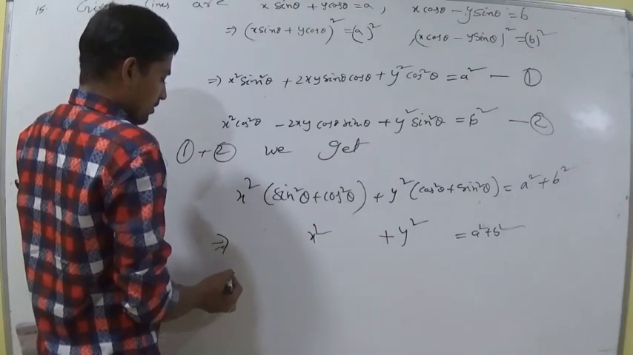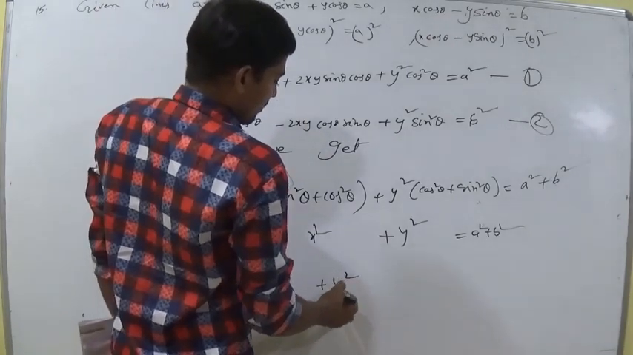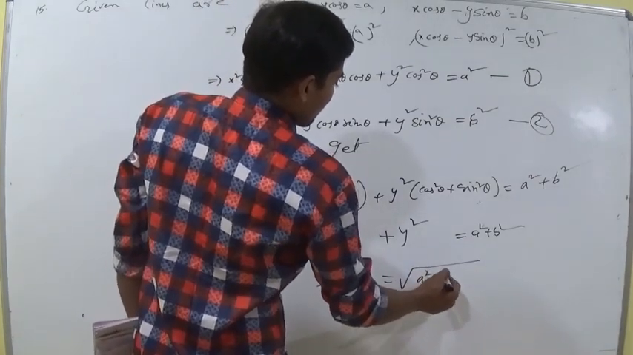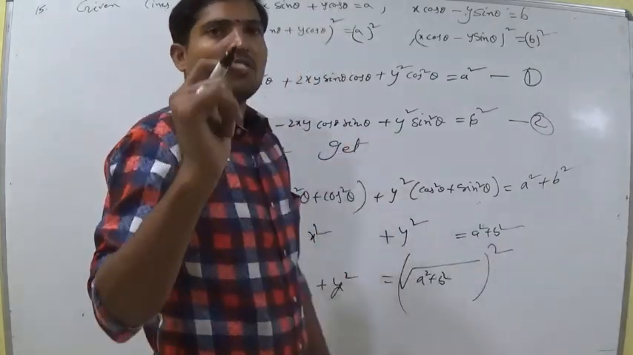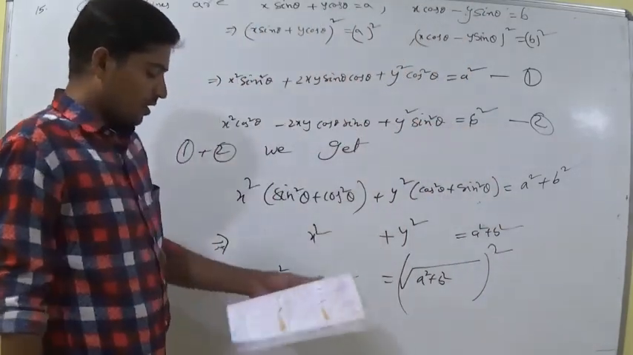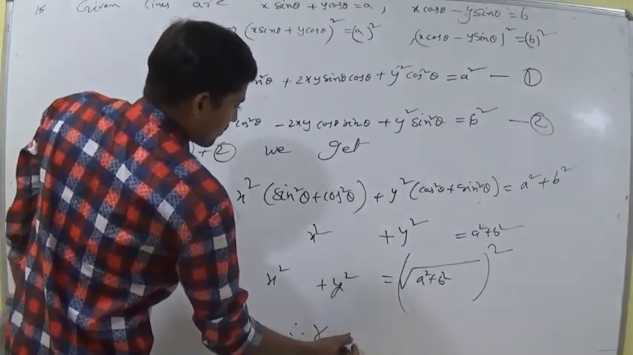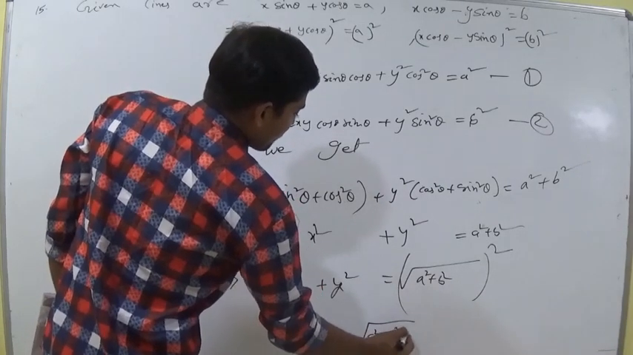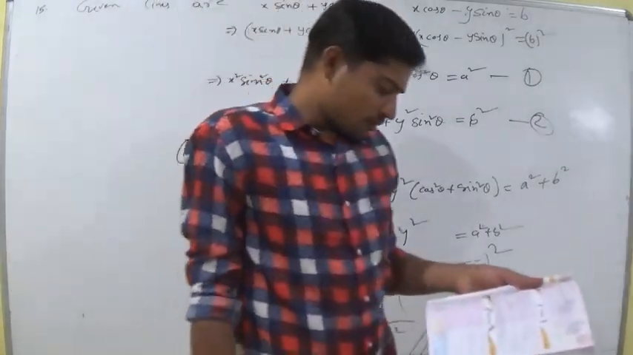This can be written as x square plus y square equal to square root of a square plus b square, whole square, right? Which is in the form of x square plus y square is equal to r square. You need a radius, therefore r is equal to square root of a square plus b square. Clear? The next one,